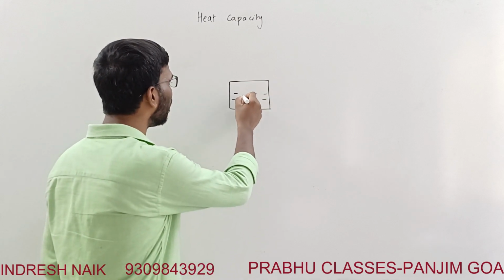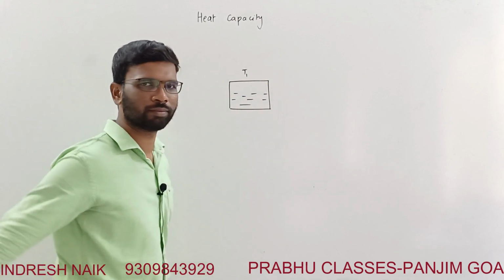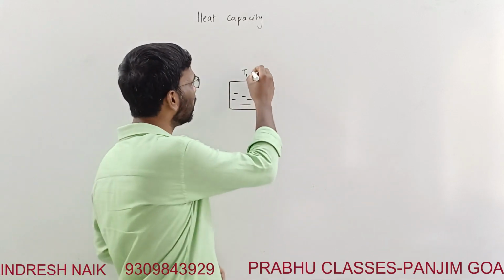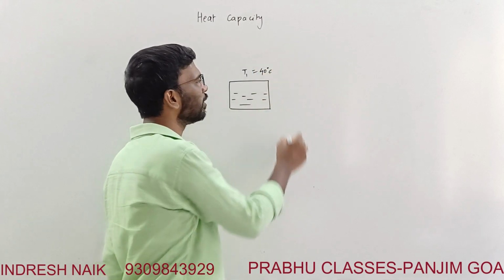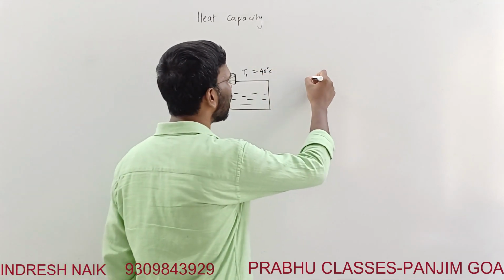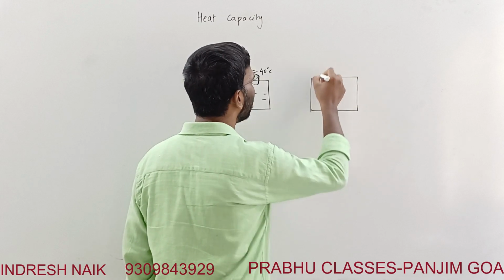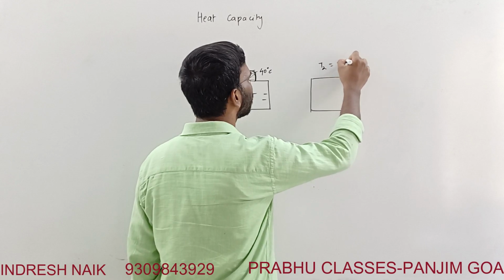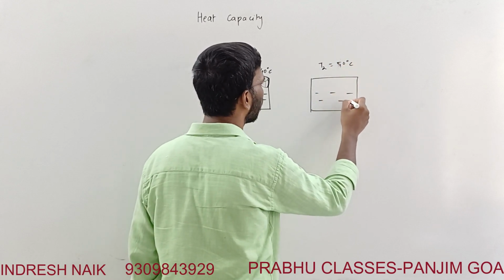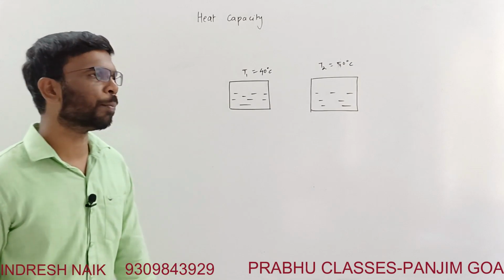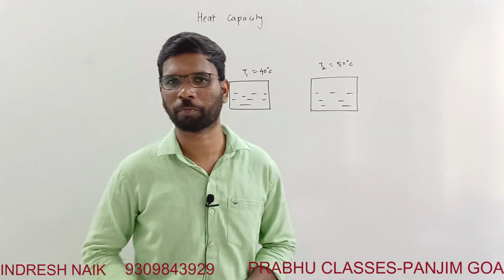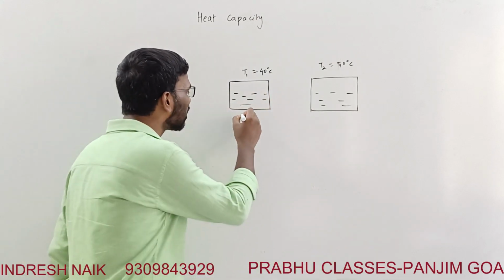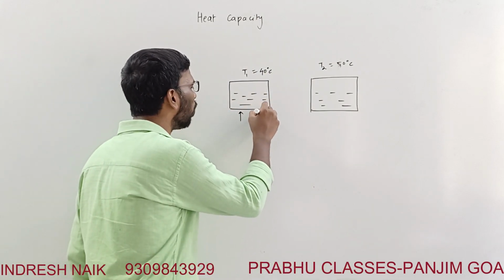Let's say this is at temperature T1, right? And if you want to increase the temperature of this water, let's say this T1 is something like 40 degrees Celsius. You want to make this temperature, let's say, a new temperature of 50 degrees, right? This water is there and you want to increase the temperature. How are you going to increase the temperature? So how can we increase the temperature? By supplying some amount of what?